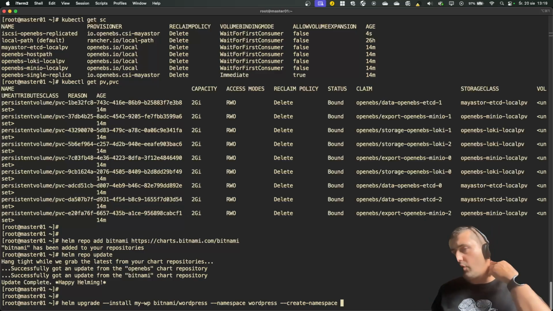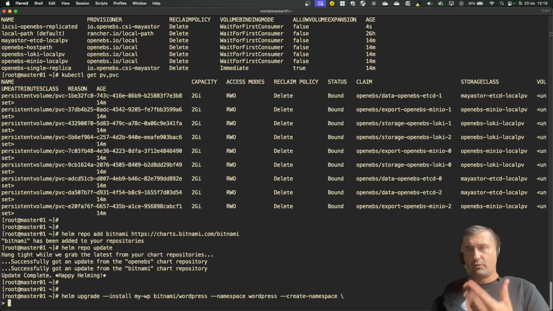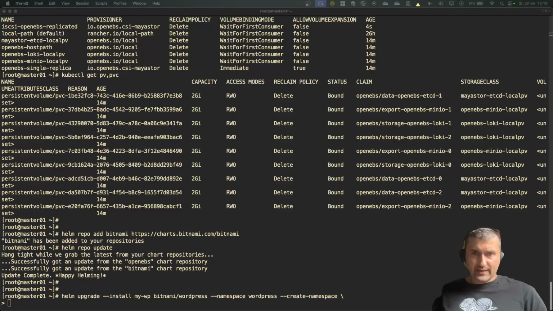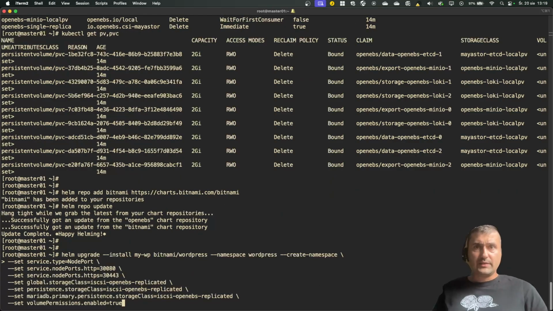So first of all, I need to override the parameters related to my storage class, and I also want the service of my WordPress to be available as a node port. So I will type a few parameters here. Let me copy it and paste it. As you see, I'm using the service type as a node port,